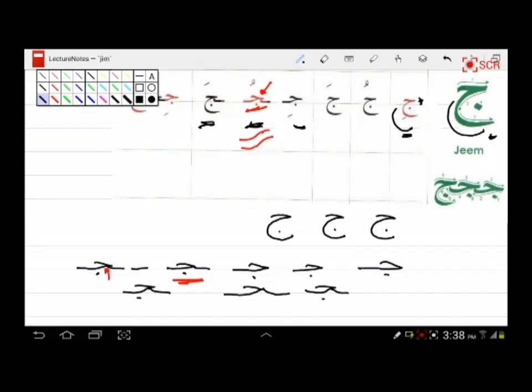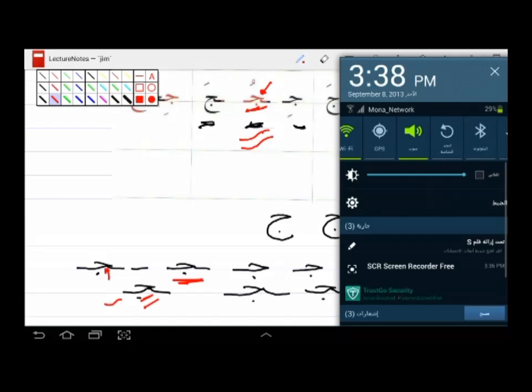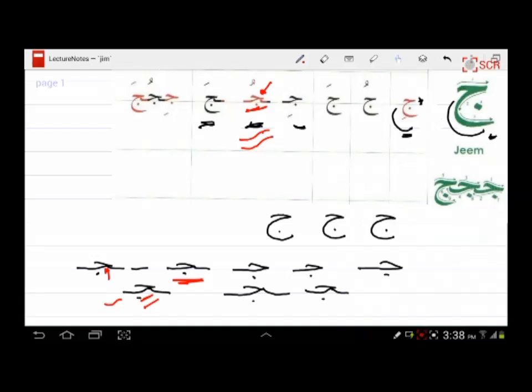Now you're gonna do your best to practice that, and then you're gonna make it. Just make sure you lift it up a little bit, and this second part in here is not directly going down. No, it's not a line, it's a curve, so try to make it going down slowly like this. Okay, now let's see the final form, which is a lot easier actually, because it's like